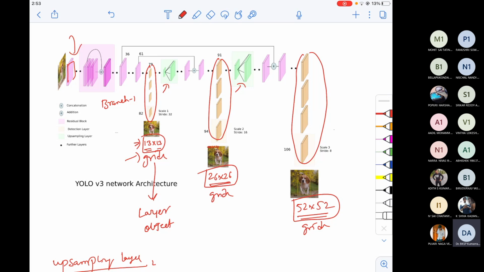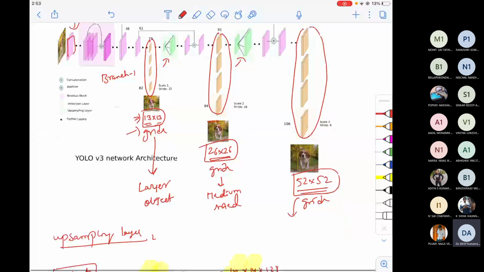The middle output detects medium-sized objects. The last output divides the same input image into 52 cross 52 so that it can detect smaller objects.